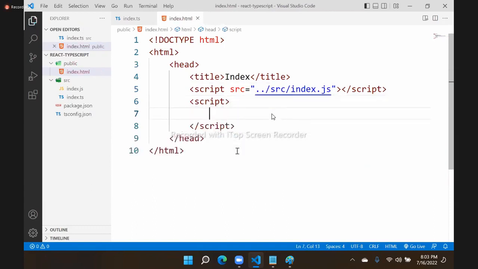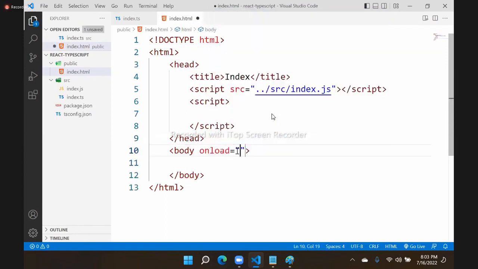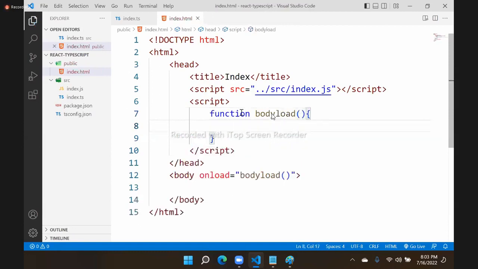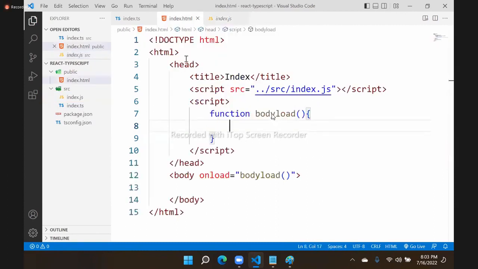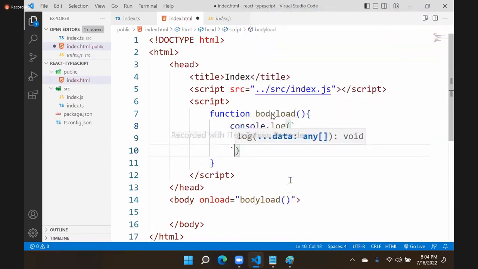That means we have to write a lot of approach here, script. Now here we will write, copy body section. In the script, I will just keep temporarily a body load. Later we can design. Just here I am using function body load. On body load, what we have to do is we have to get these two objects, bank app legacy, bank app modern. So we have to just use those variables. I'm just printing, suppose console.log. I will put here the options like bank app, binding expression, bank app underscore legacy